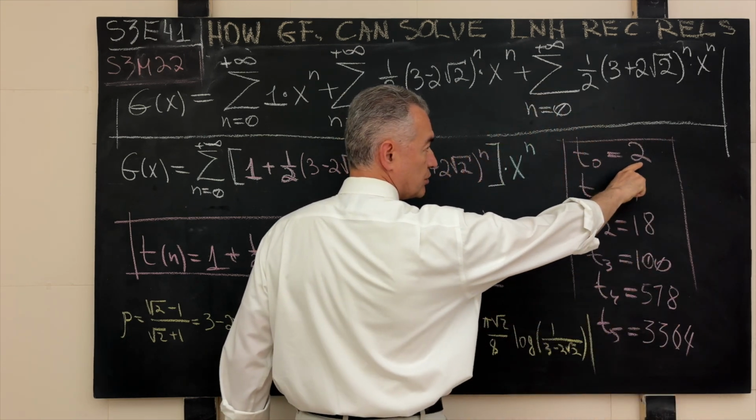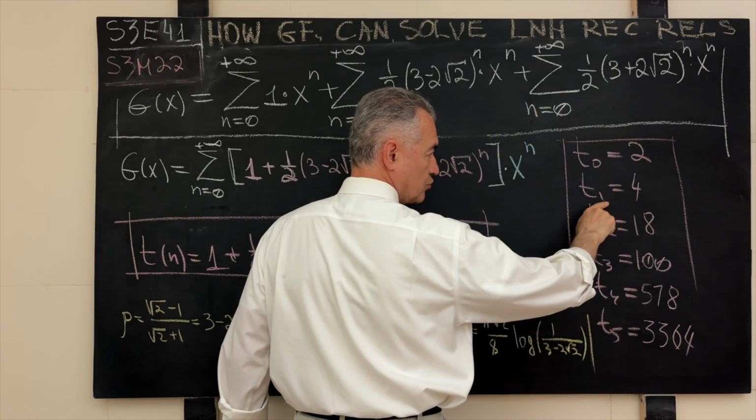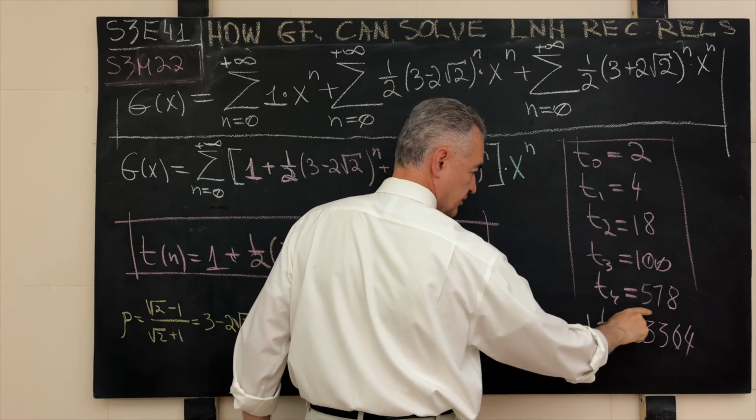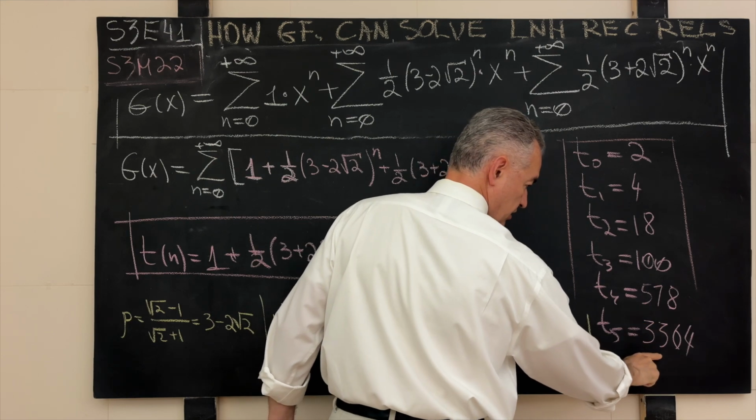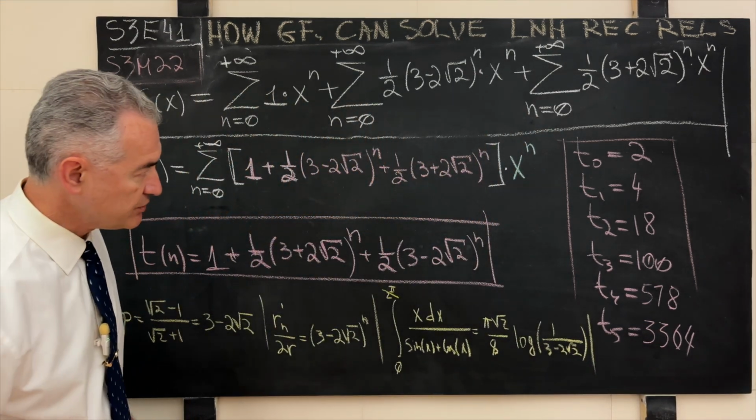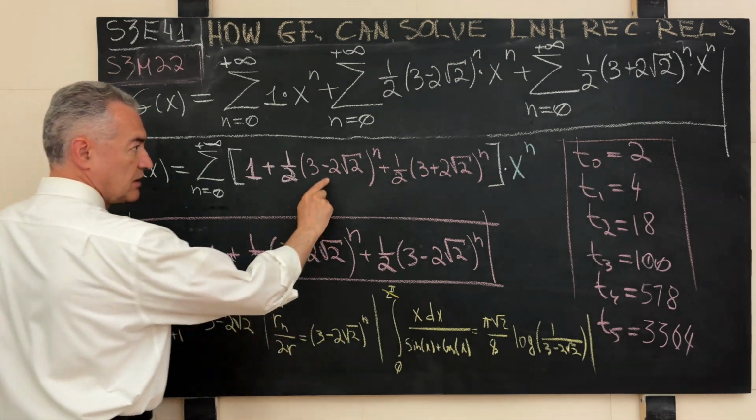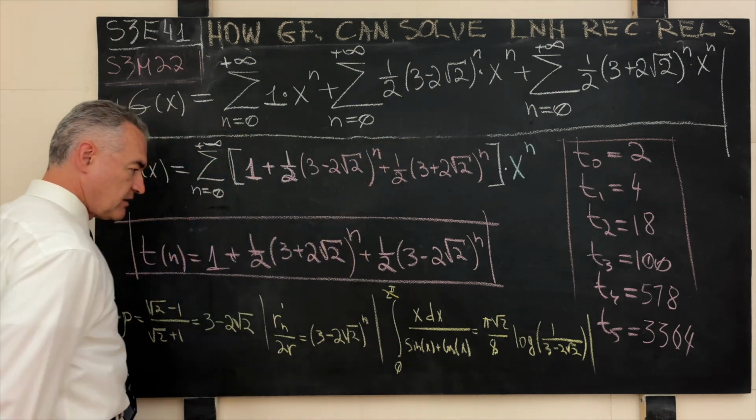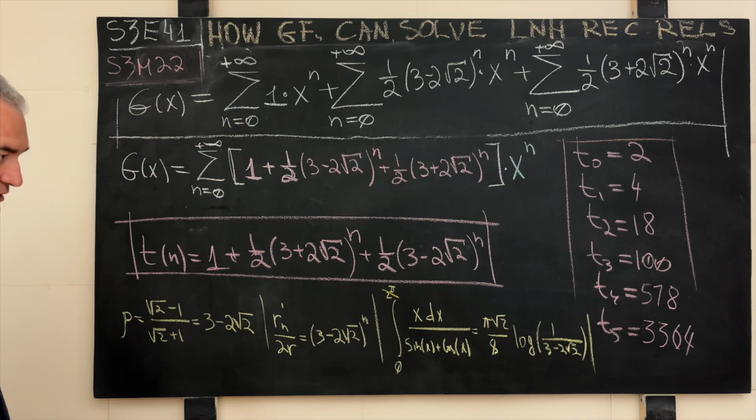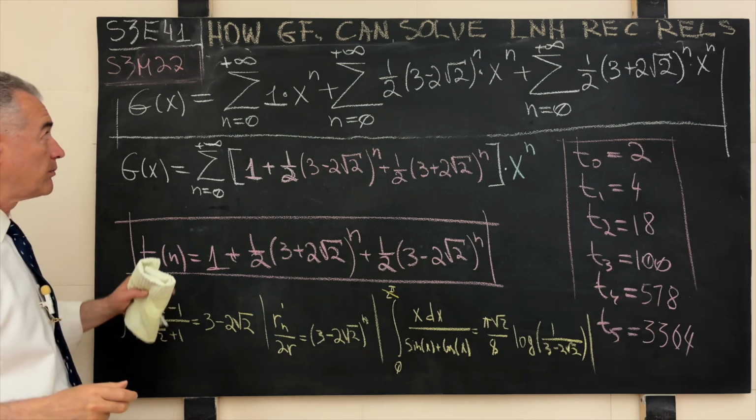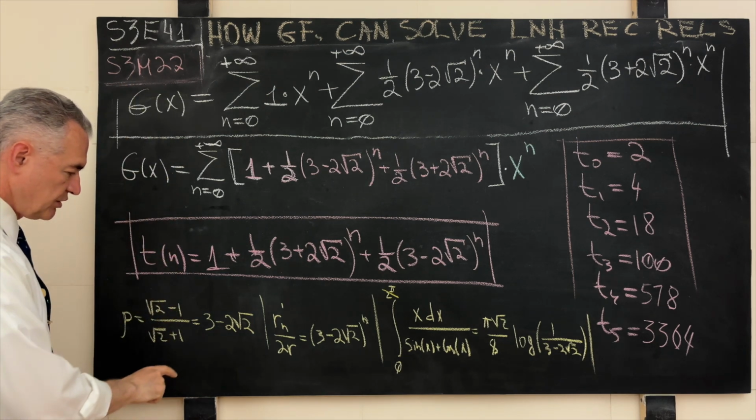So T0 is 2, we were given; T1 is 4, we were given; then T2 is 18, T3 is 100, T4 is 578, 3,364, and so on. There's actually a lot of interesting stuff going on between expressions like this, but this is perhaps for a separate discussion. One thing I wanted to bring your attention to before we wrap up with the problem S3M22 is the